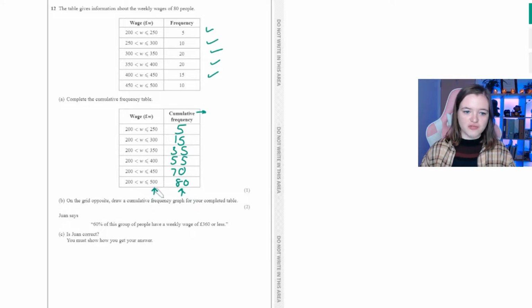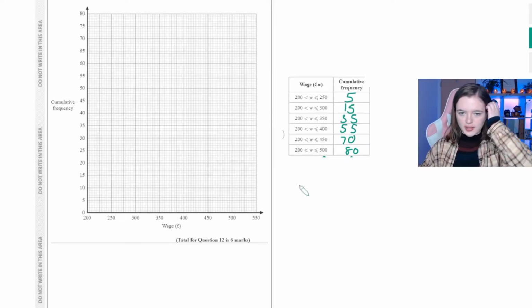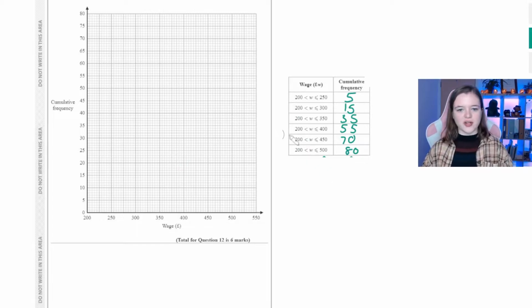So you want the edge of the range, which is this one here, with cumulative frequency. So let me go to the other page. We can draw it out now. Okay, so now I've got my table over here, which is what I had on the last slide, carried over with my grid for cumulative frequency. Remember, plotting at the edge of the grid line with the cumulative frequency. So the first one's going to be